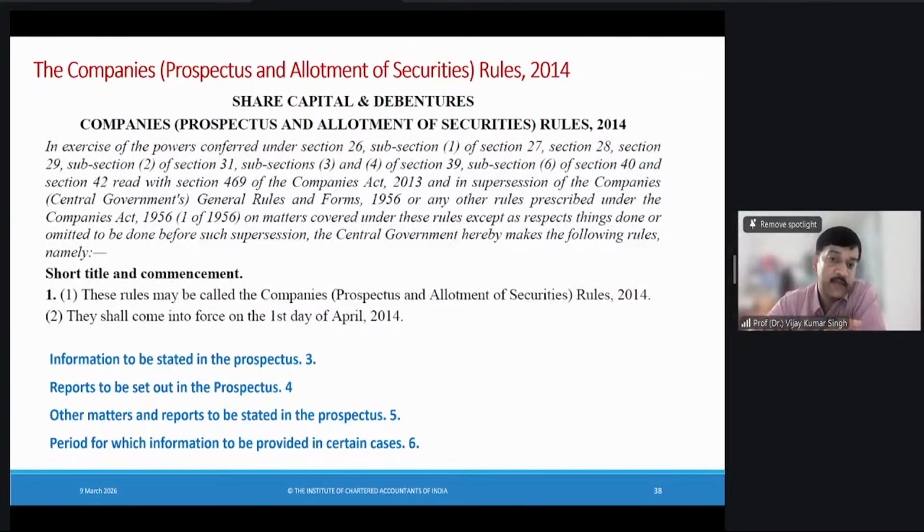It is dependent upon the number of members or number of people who are investing into the company. The number which talks about in section 41 is 200 members. So if, for example, you are coming up with a debenture issue or a share issue, and you are issuing those securities to more than 200 people, then it becomes public. Below 200, it is private.